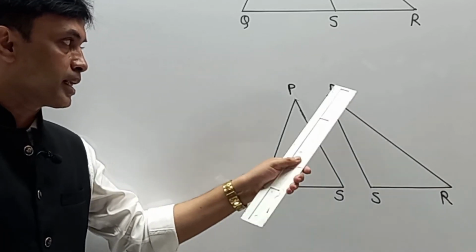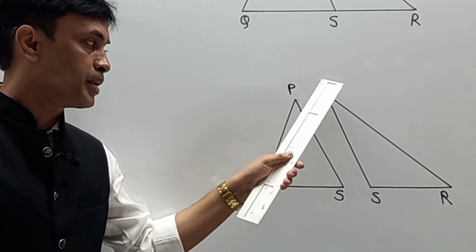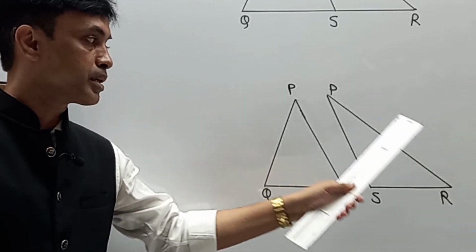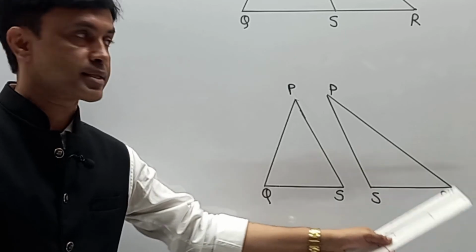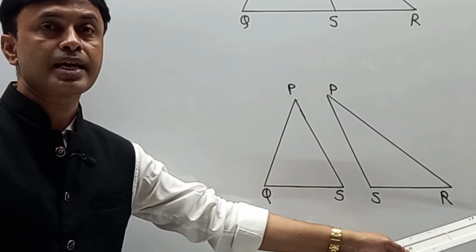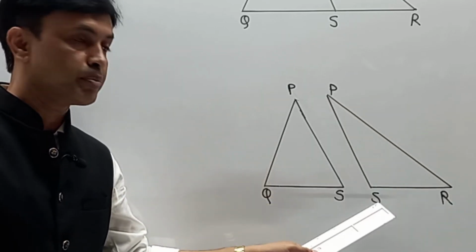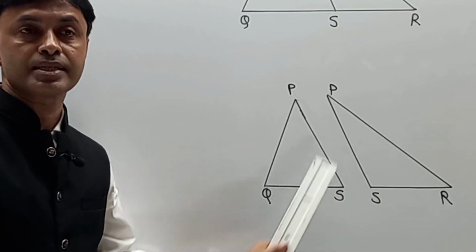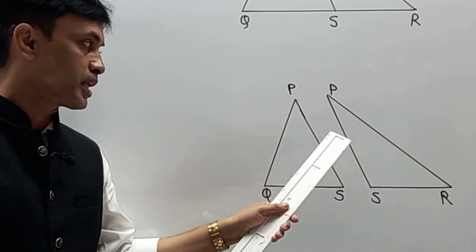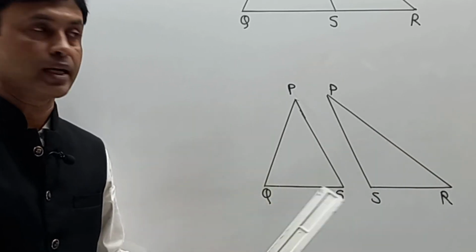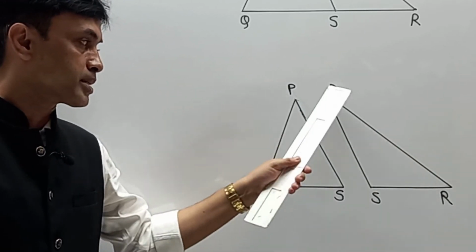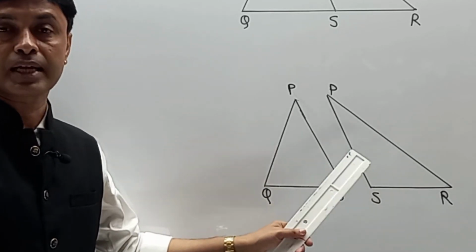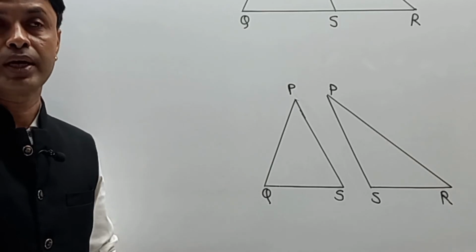In the second triangle, triangle PSR, we have two sides addition, PR plus SR. PR plus SR is greater than PS. And after that, we are going to add the LHS of the first and second equation and add the RHS of the first and second equation, by which we get PS plus PS as 2PS. Whatever we have described over here, I am going to write it, please pay attention.